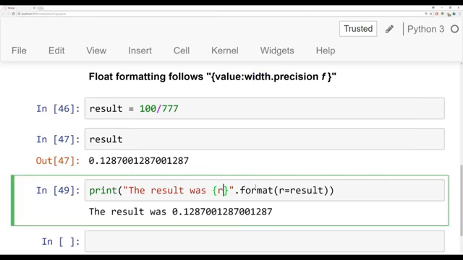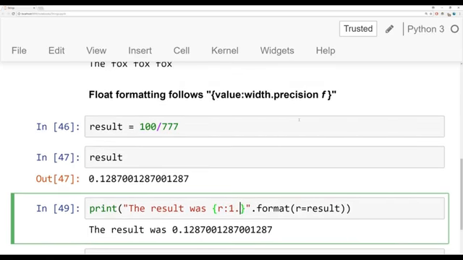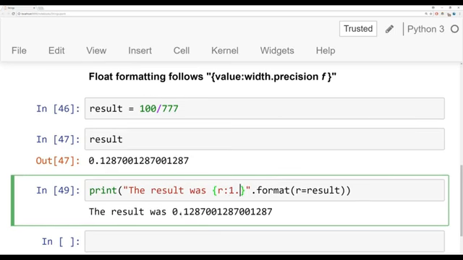So let's do the following. We're going to say value, so that's R colon. We're going to set our width just equal to 1, then a dot, and then the level of precision we want. So this is mainly what you're going to be playing around with, this precision value. Let's imagine I only want 3 places past the decimal point. So I want 1, 2, and then 9, because 8 is going to be rounded up to 9 due to the 7 right next to it. Then I would say 1.3 F. I run this, and I get back